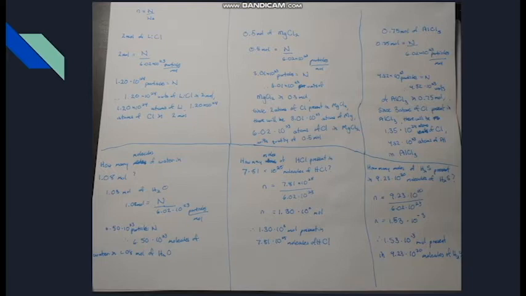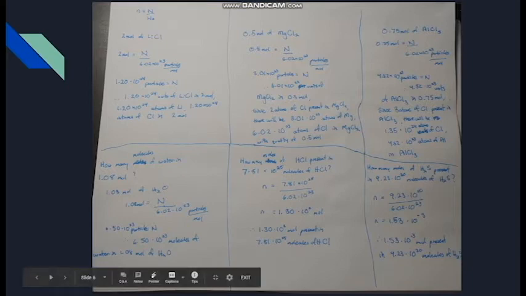Now, this question right here, we're looking at the number of moles present in 7.81 times 10 to the 25 molecules of HCl. So a little bit different than what we were doing before. Using the equation that we already know, n equals big N over Na, we simply have to divide the number of particles by Avogadro's number. So 7.81 times 10 to the 25 divided by 6.02 times 10 to the 23rd. This is going to be particles, this is going to be particles per mole. As units cancel out, we're going to have moles on top, which is going to give you 1.30 times 10 to the 2 moles,